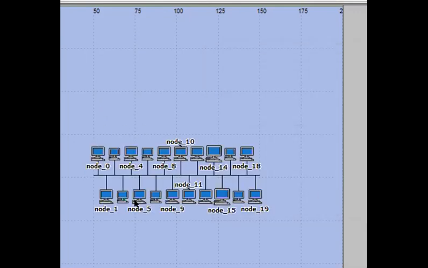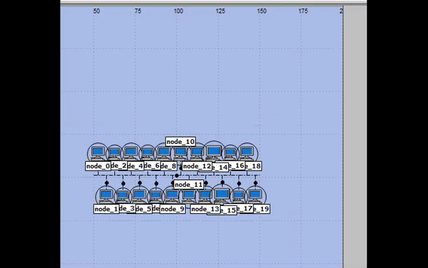Okay, 99. So how many nodes are these? 20 nodes, starting from 0 to 19. So the total number of nodes is 20 and all the nodes are connected to a single backbone coaxial cable. It's basically a bus topology. So with rapid configuration, you can deploy a bus topology very easily. You can select, delete, and then if you want to deploy